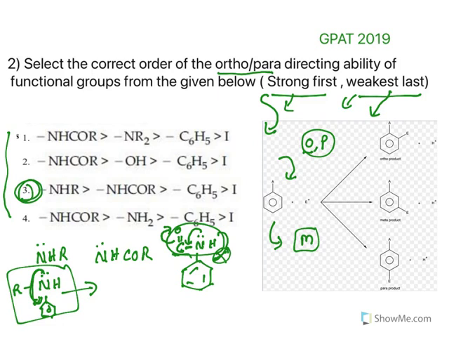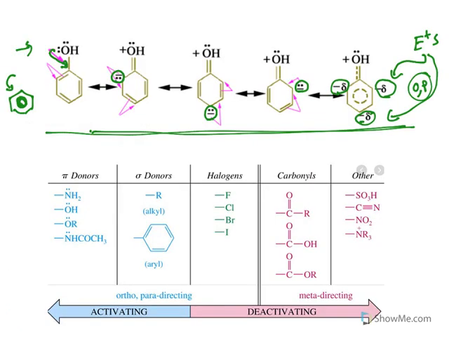Straight away you can get this. Only two things are there. And after that you have this one, and then the phenyl ring also releases electrons. And the least one is a halogen. So the option is this one. But the important thing is you need to understand what is meant by ortho para directing and how the ring activity is increased. This is also related to aromaticity.